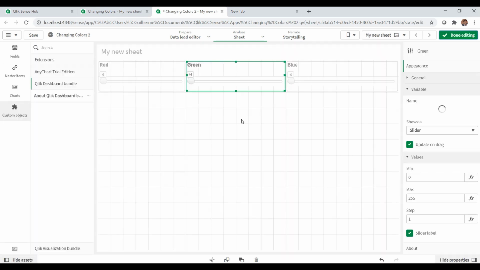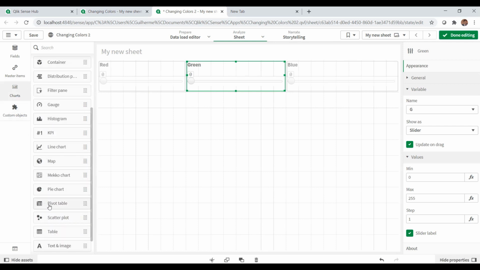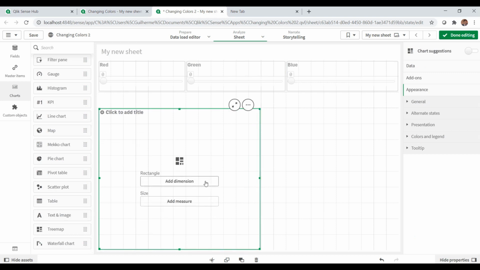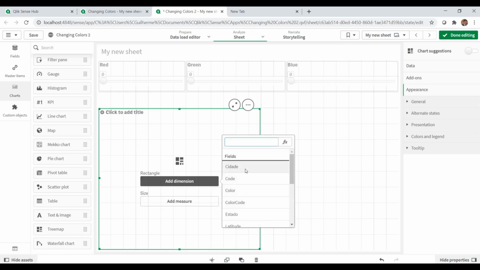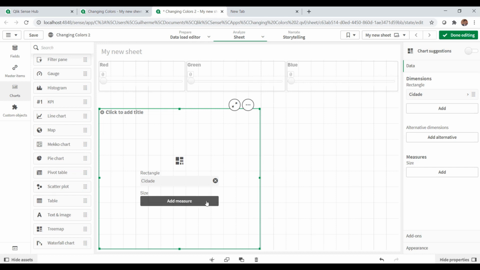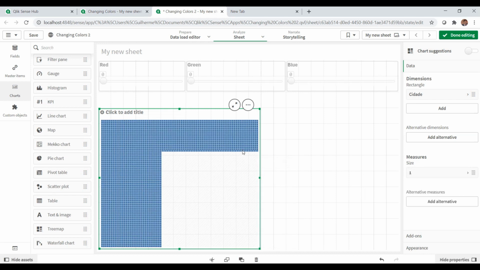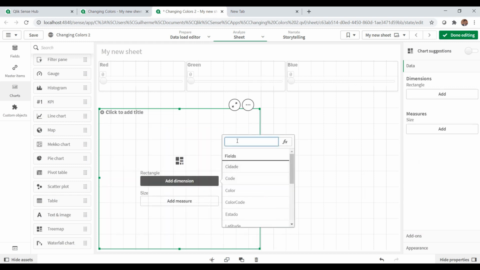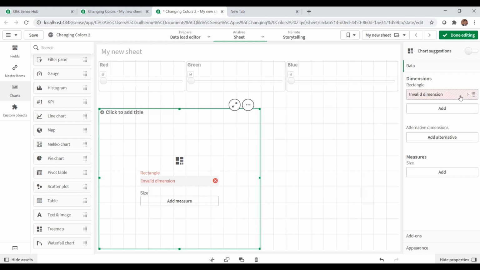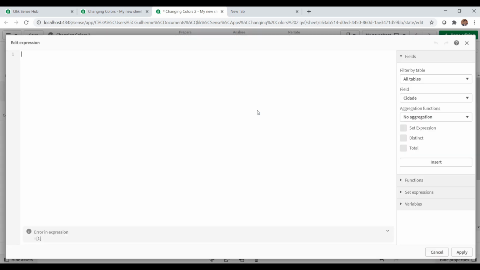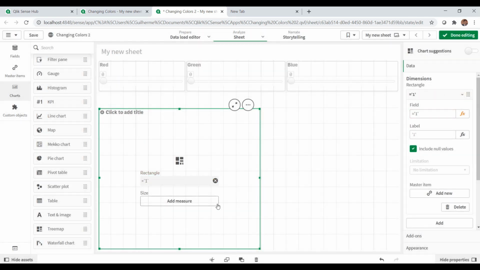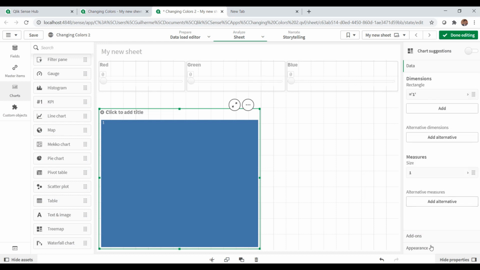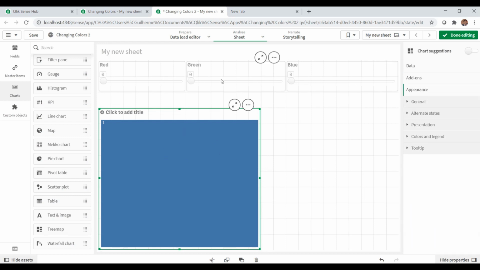If I bring a visualization, basically, if I bring this treemap here or any other visual, let me bring here, I can just make it any column. Okay, that's just too much. Let me insert here 1 as the dimension. You gotta make it like this, and the measure 1 as well. Okay, so I got a big box here,